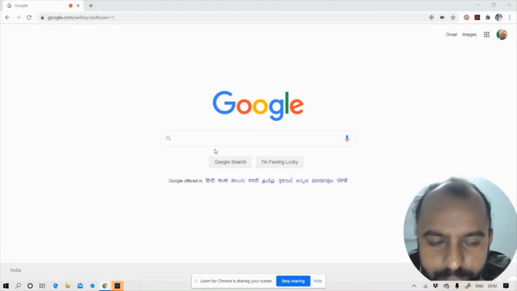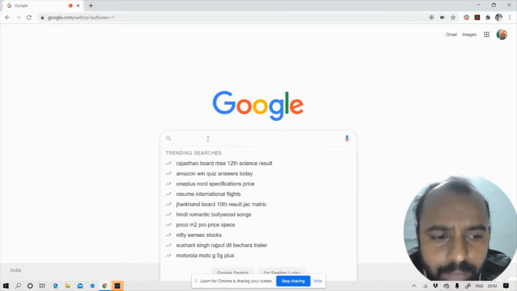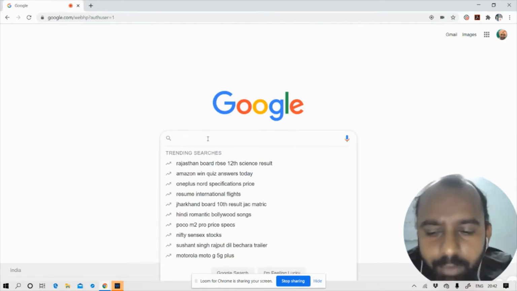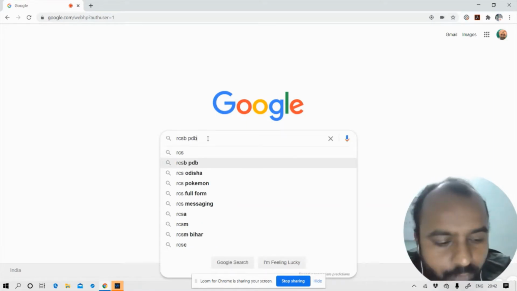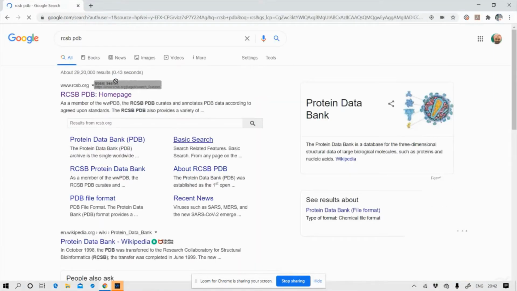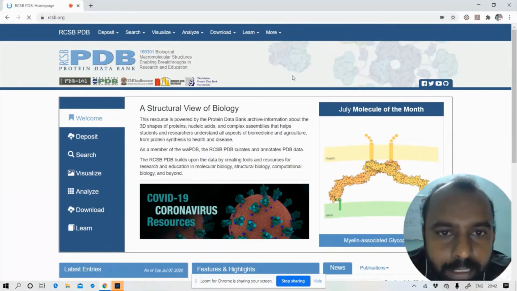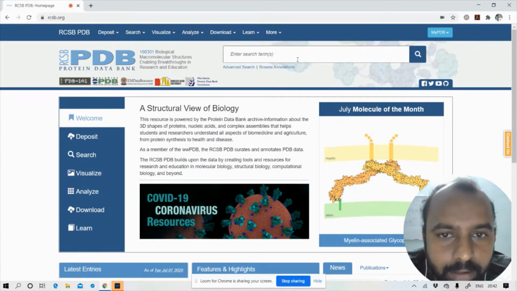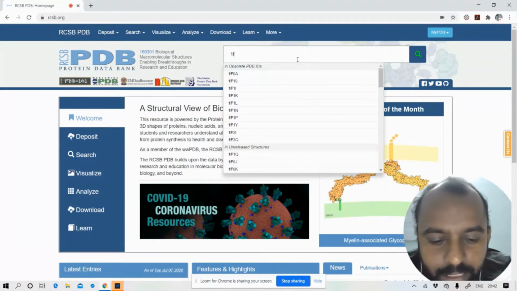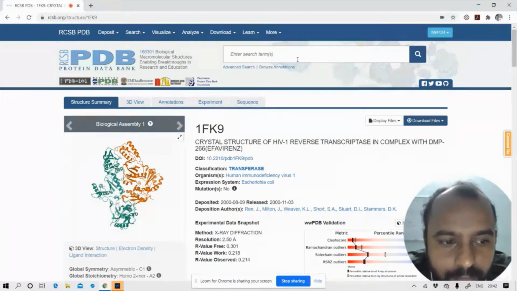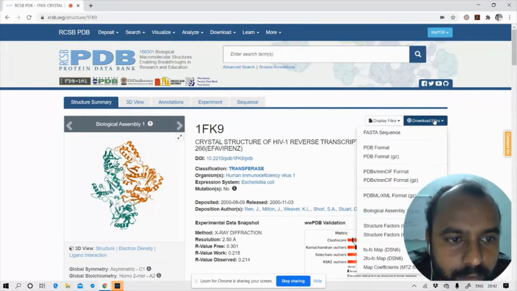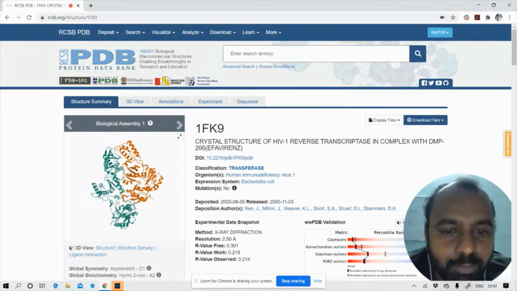Firstly, let us start the docking using a well-defined protein which we generally do, that is 1FK9. Our prime focus on 1FK9 is because this is a regular protein which I teach you on various other software, that is by using AutoDock or any other software. So let us check what are the properties of this protein.